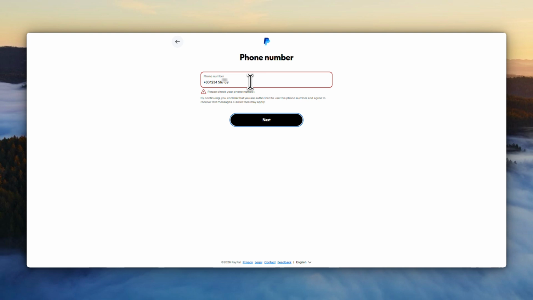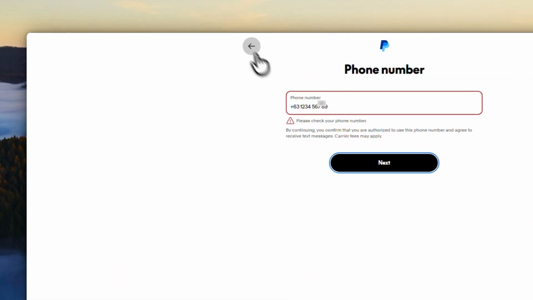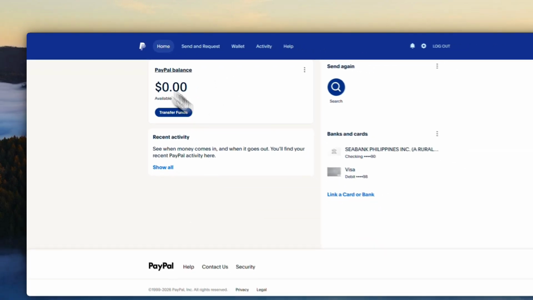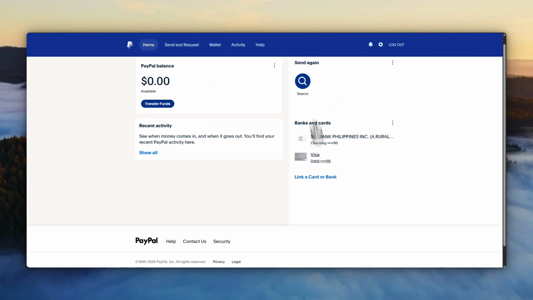And that's really all there is to it. Once you've completed those steps, your PayPal account setup will be underway, and you can continue following any on-screen instructions PayPal provides. The process is usually straightforward, and taking your time during setup can help make sure everything is done